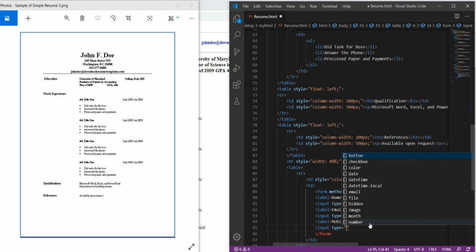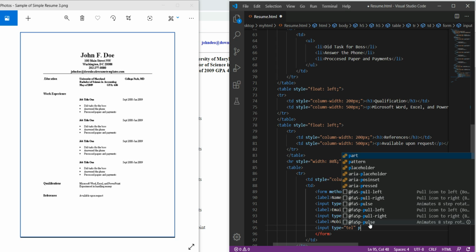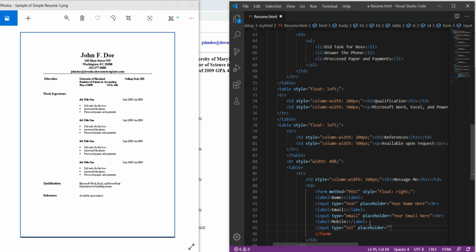Here we can choose the type as telephone. Okay, this will allow him to enter at least 10 digits and a maximum of 10 digits. Placeholder property, mobile here. Okay, so again break.